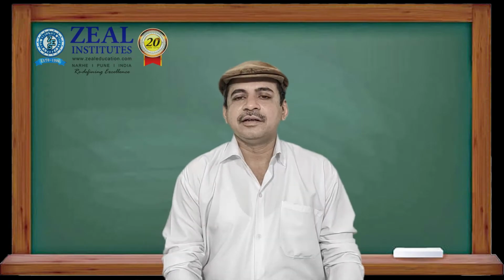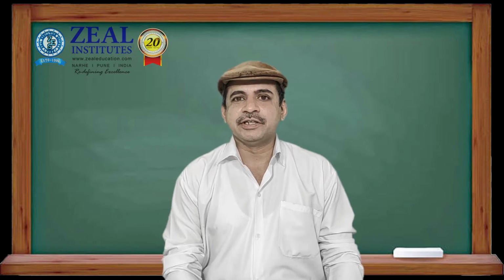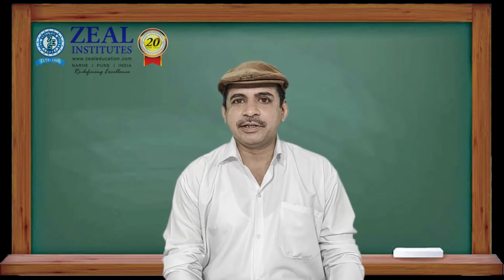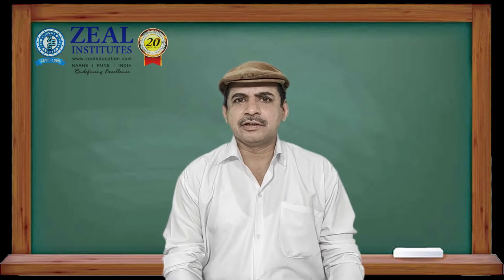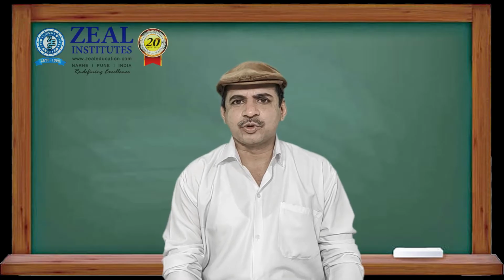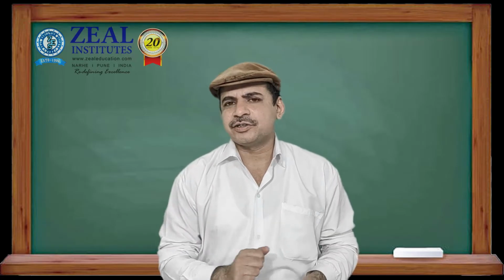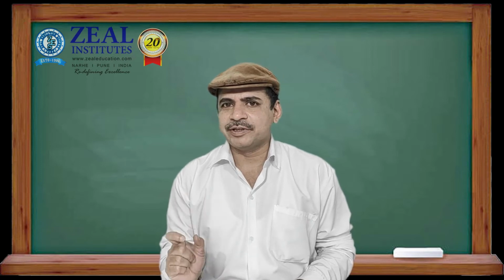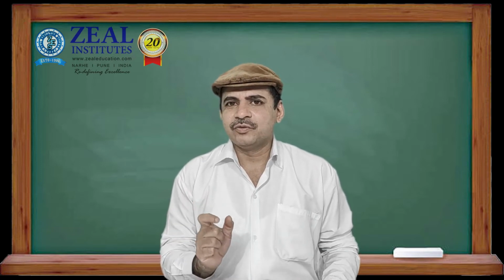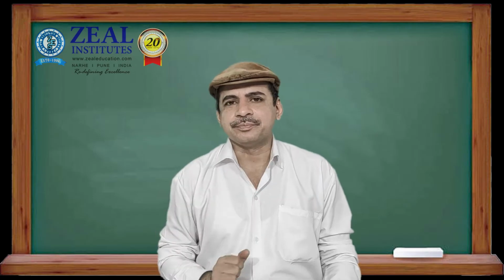Welcome back. In the previous lecture, we have seen the concept of controllability and observability, and also the Kalman test for the investigation of controllability and observability. In the Kalman test, we need to calculate the controllability matrix and observability matrix, and we have to check whether they are of full rank or not.